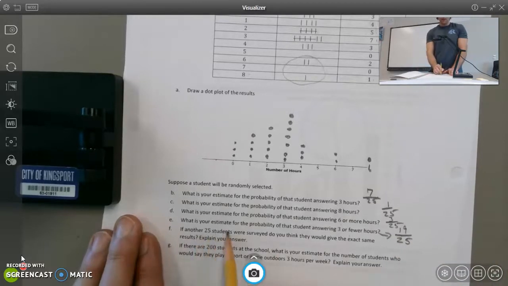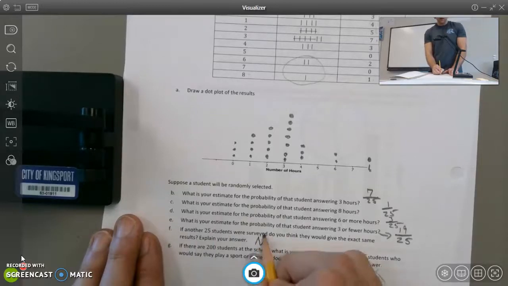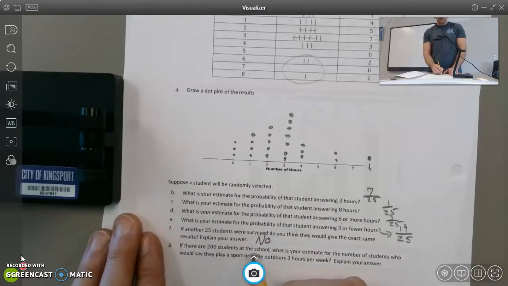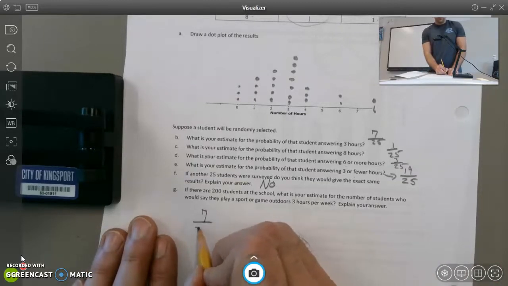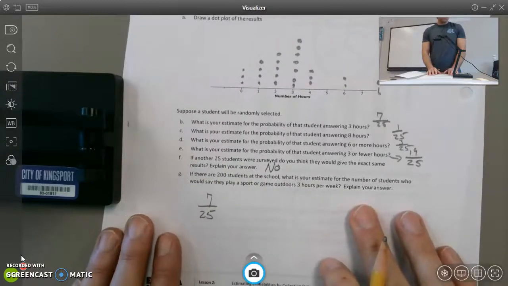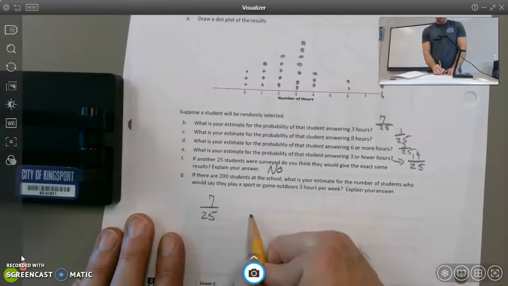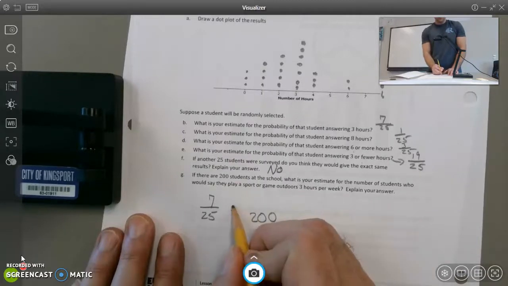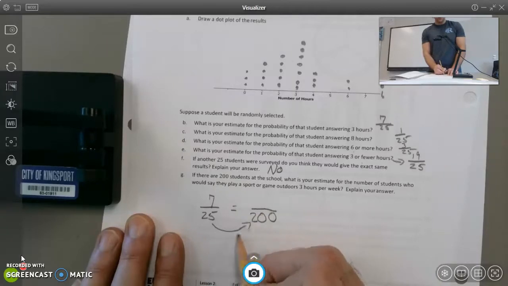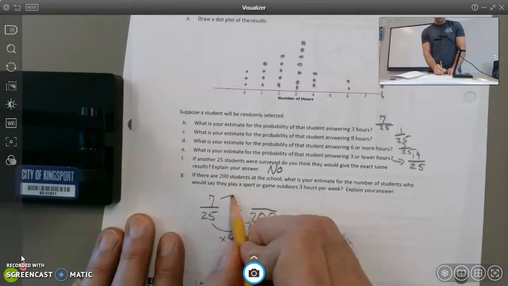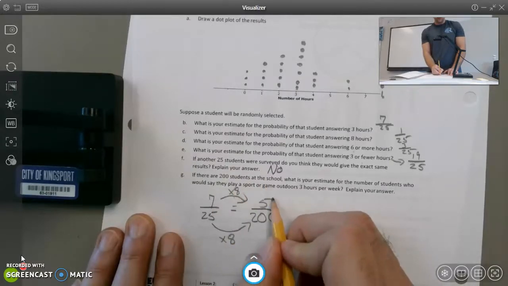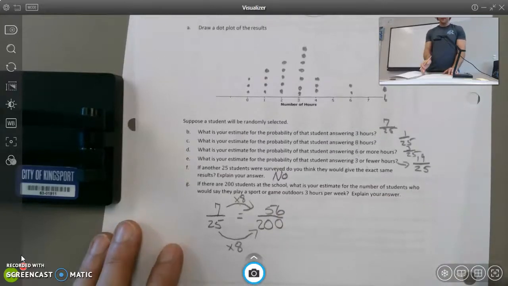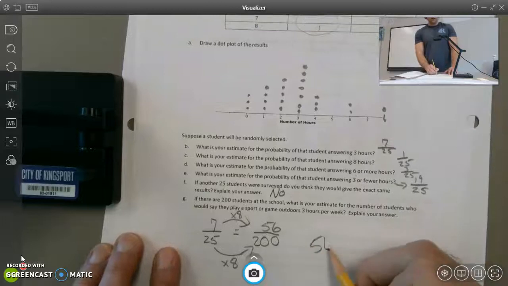If another 25 students were surveyed, do you think they would give the exact same results? No. If there are 200 students at the school, what is your estimate for the number of students who would say they play sports or games 3 hours per week? Well, I am saying that 7 out of 25 play sports or games 3 hours per week. If I wanted to scale that up to a population of 200 students, that would be increasing my survey size by a factor of 8. So I would increase my number of favorable observations by 8 as well and get 56 out of 200. So I believe 56 students